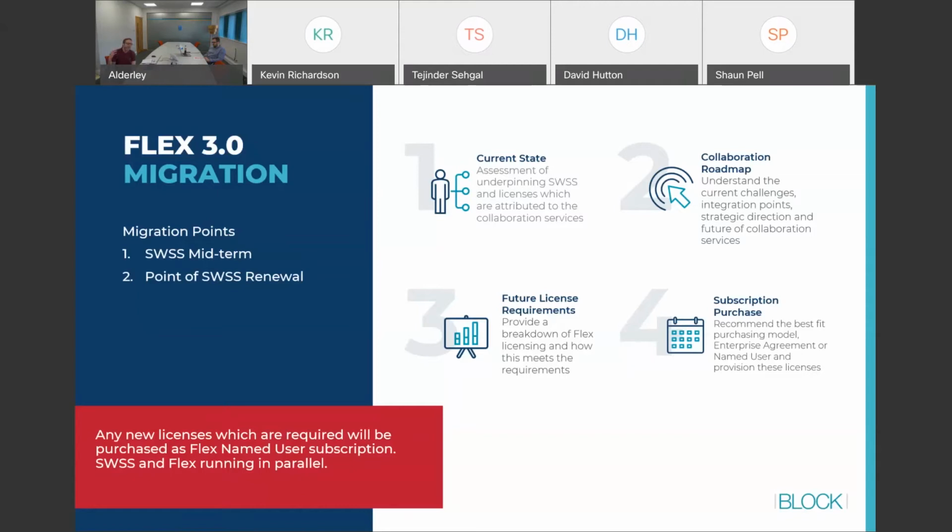From that collaboration roadmap, look at what the future licensing requirements are. What do we need to license now? What do we need to license in the future? And then what subscription-based model fits into that future state? Is it an enterprise agreement? Is it a named user? Is it a named user that will potentially migrate to a Flex enterprise agreement? And we can help you with every stage of that process.